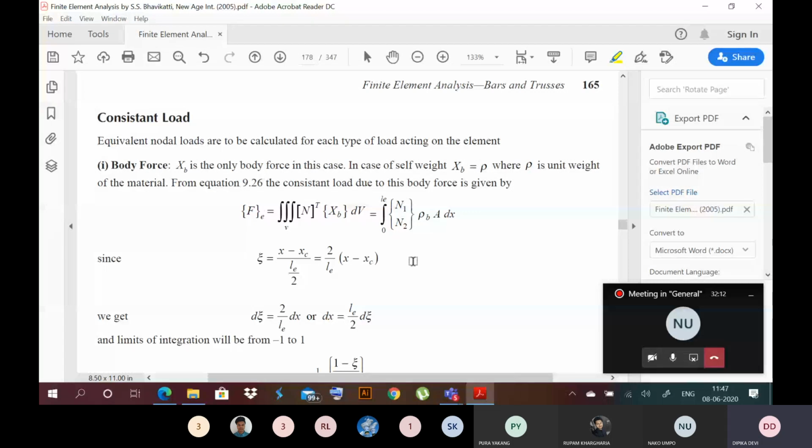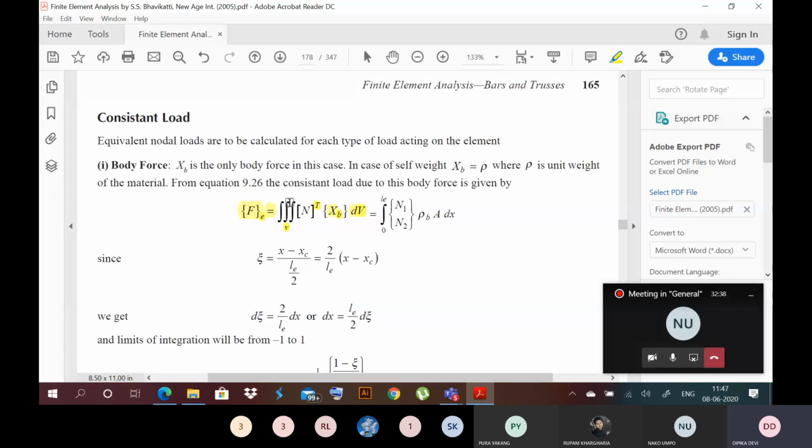So this was already given in the last expression when potential energy pi. In that expression from the work potential we got this term. So this is the contribution of the body force term in your element. So Fe is the contribution of the body force in terms of the nodal force. Here they have used a triple integration, but I simply used one. It doesn't matter. So integration over volume of N transpose FB dV. I used FB in place of XB in my expression.